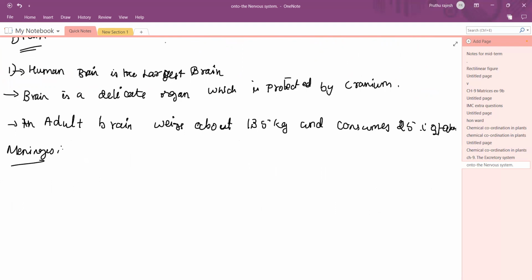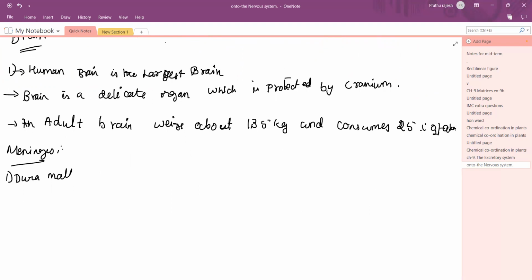Meninges, coverings of the brain. The brain is covered by three membranous meninges. Meninges are really, really important. They will ask in the exam. So, the first one is